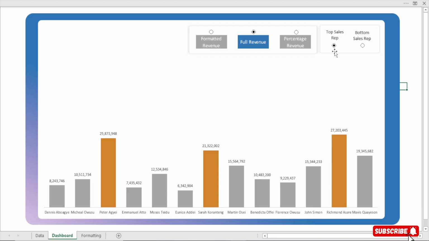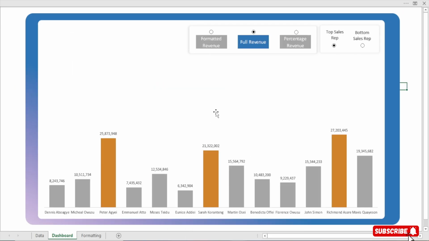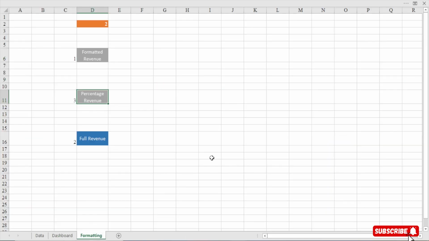Let's have some color at the bottom here. So watch the completed one. When I toggle to top sales, you see you have the same color beneath it like this. So bottom, see we have red beneath it like this, right? Perfect. So let's do that. Now we will come to format. Then let's come here. We are going to say this is one. The same thing, this is two. You select this. Then we are going to say okay.